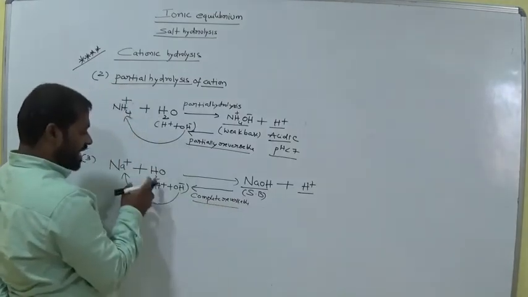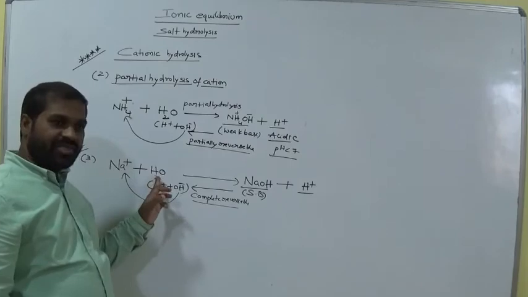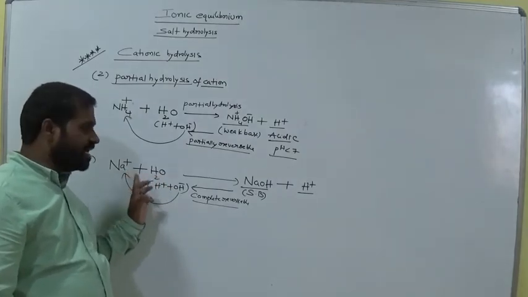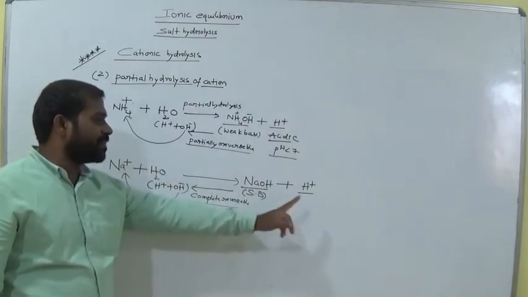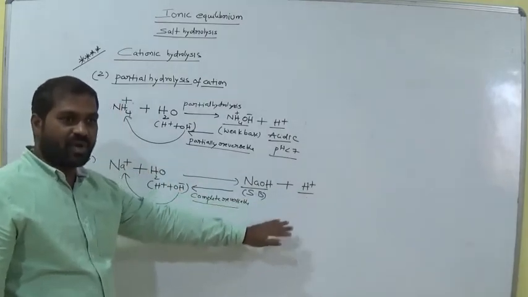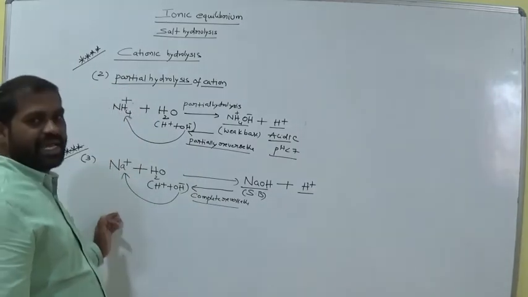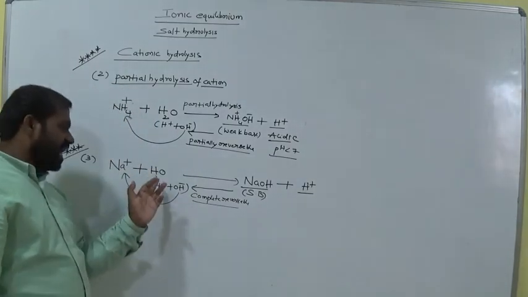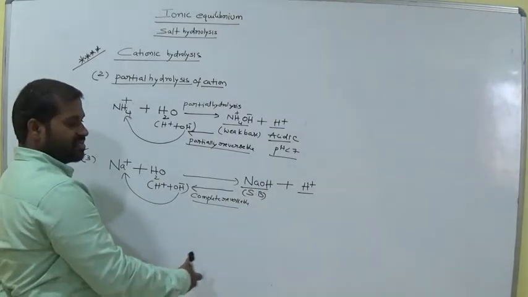Completely reversible means again it produces H2O. There is no hydrolysis. Hydrolysis means this water interacts with the cation and produces H plus or OH minus. Am I right? Suppose it is a cation, it produces more H plus. But what happened? Due to this strong base, it is completely reversible again. That means it produces H2O again. There is no hydrolysis. There is no H plus again.